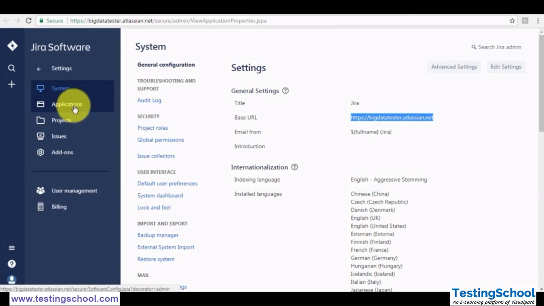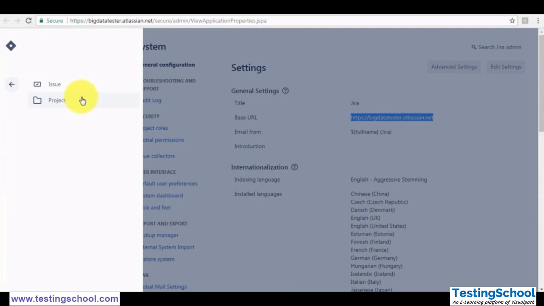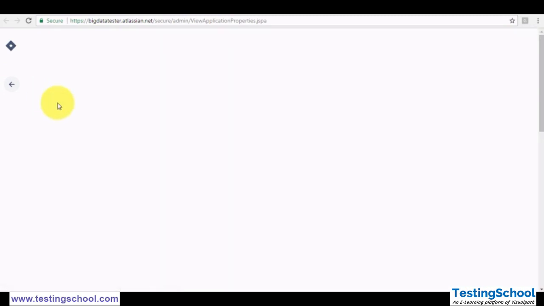Let me open this section again and I will show you how we can create our project, how we can create our applications. So this is how you can practice by opening this website on your laptop or computer. If I click on this, it will ask me what you want to create, issue or project. So let me click on project